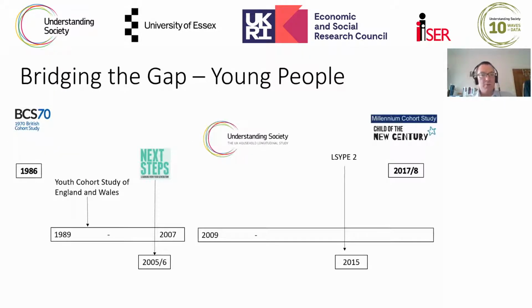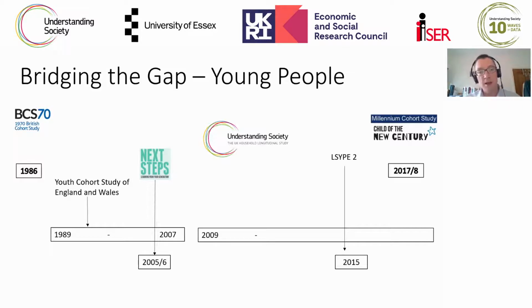So very much the purpose of using Understanding Society to look at this issue is to do with the challenges that we have in the UK data landscape. So I've included some of the main studies that have been used to look at the backgrounds of young people. And these include some of the older birth cohort studies, but obviously there's some big gaps between when these are conducted. So the BCS 1970 and the Millennium Cohort Study.